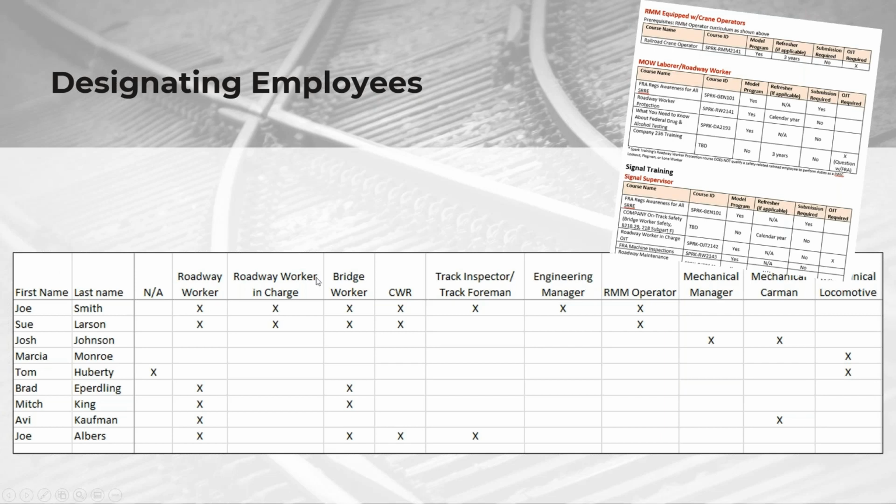You would have the CFR parts across the top, and then to designate employees, simply have their names. It's just demo data to show you what it could look like, and then an X. If you're saying that Josh Johnson is a mechanical manager, then whatever was listed, all the courses required to become a mechanical manager, he's being grandfathered into that 243 curriculum path. Hopefully that makes sense for you all. I'm not seeing any questions yet on it, so I'm going to take that as that sounds good.